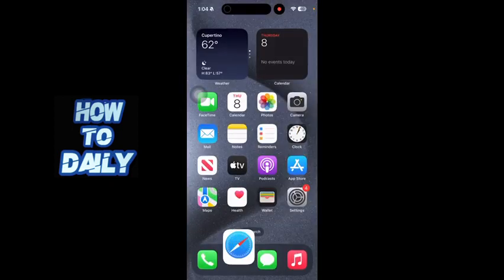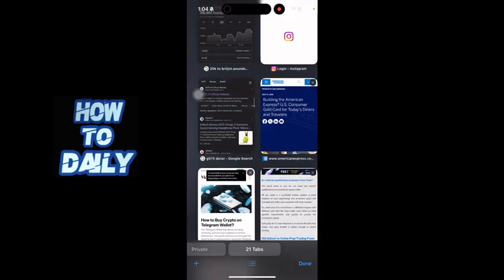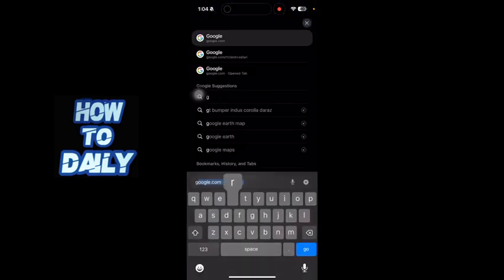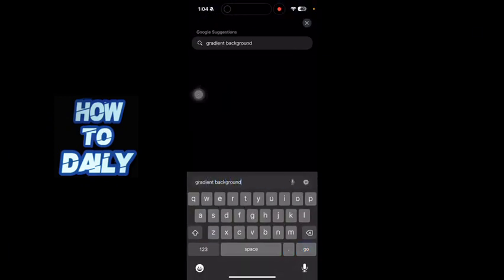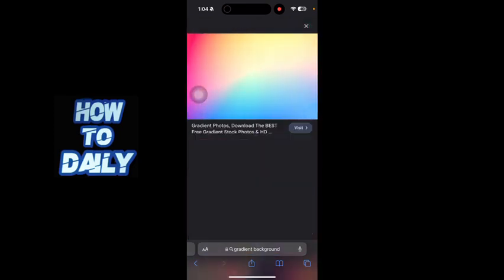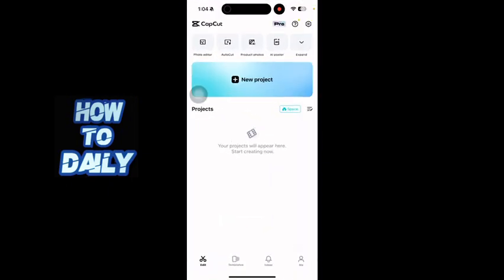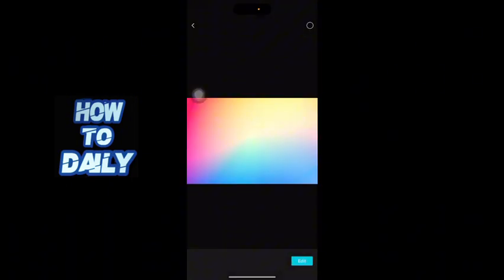let me just download a gradient background here. Just download a gradient background here from here, for example. So let me just do that. So I've downloaded this background. I'm gonna open the photo editor and pick this background, and then I'm just gonna click on edit in the